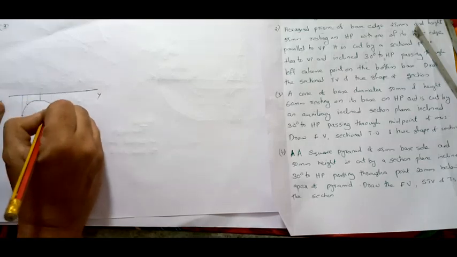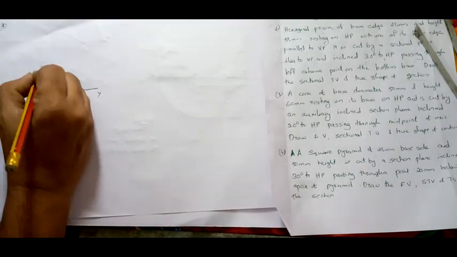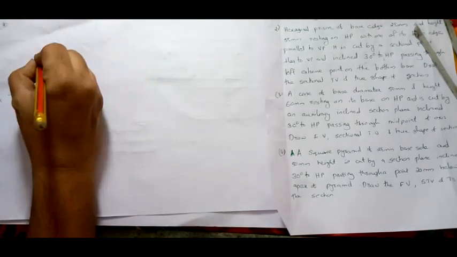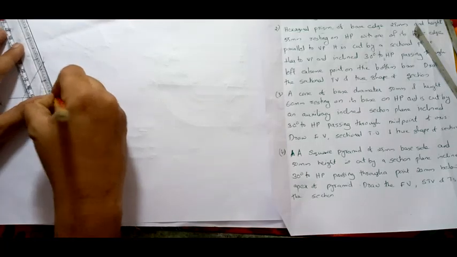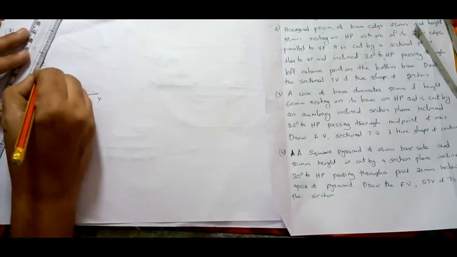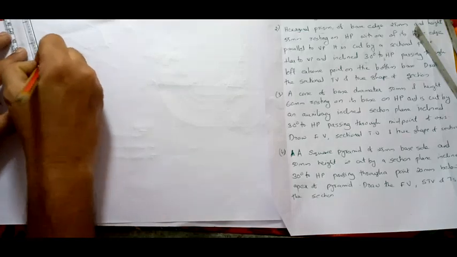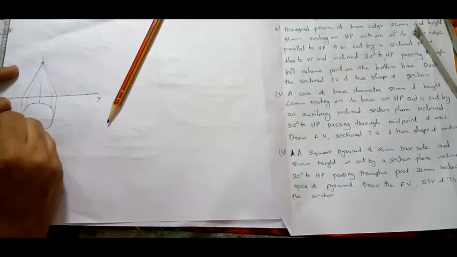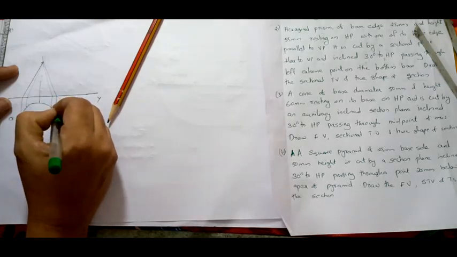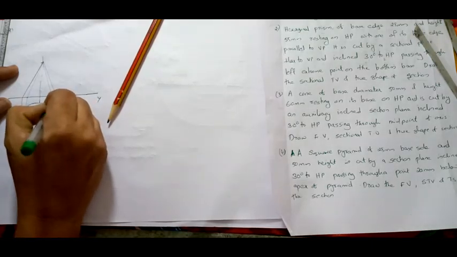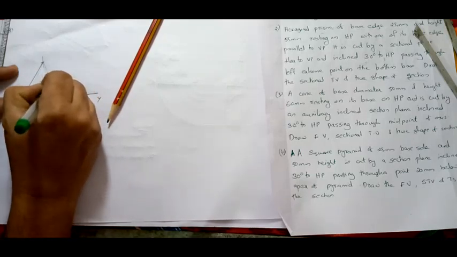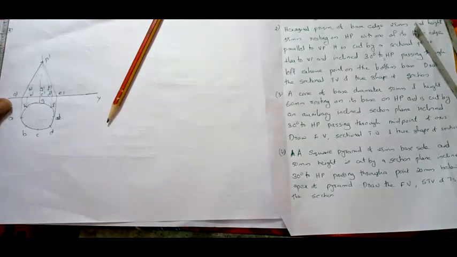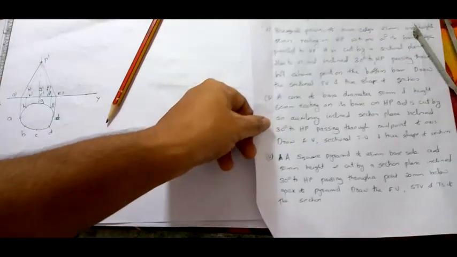Project upwards. Roughly I am drawing. Now you already know how to draw a cone. Take the height, complete the cone, draw these generators also. This will be your naming A, B, C, D, E, F, G, H, A dash, B dash, C dash, D dash, E dash, F dash, G dash, H dash and P dash. Now what they have told, the cone you have drawn is cut by an auxiliary inclined section plane inclined